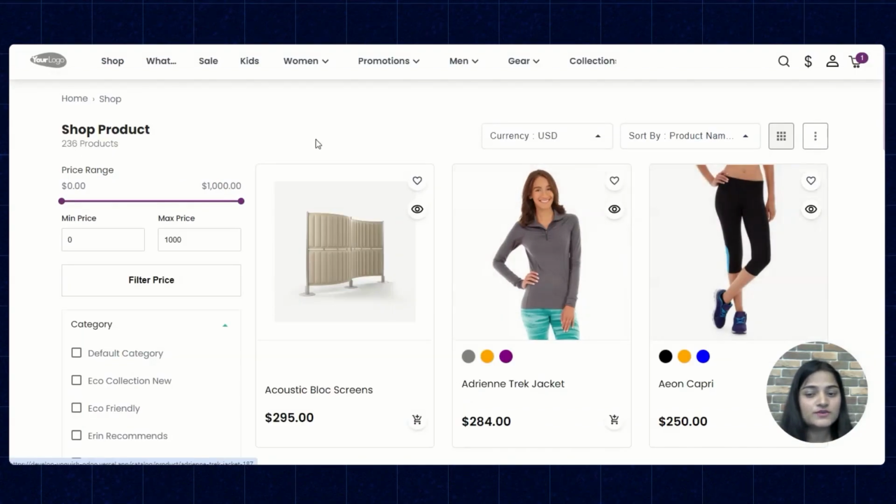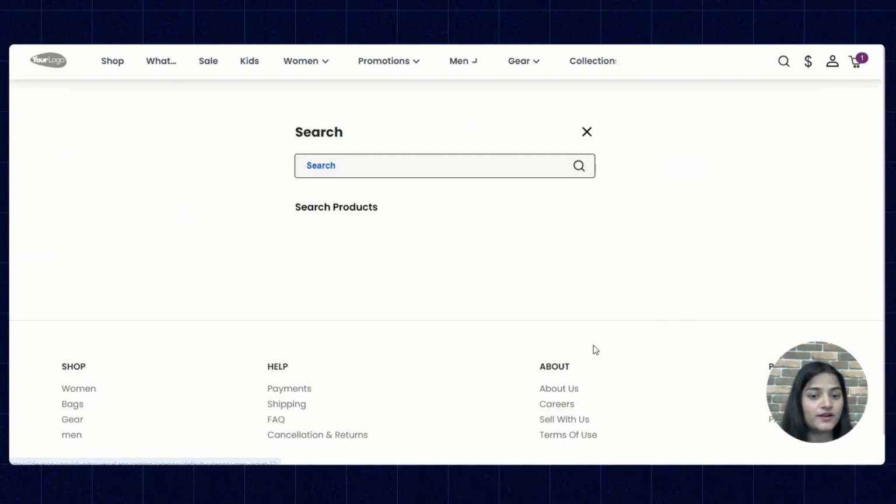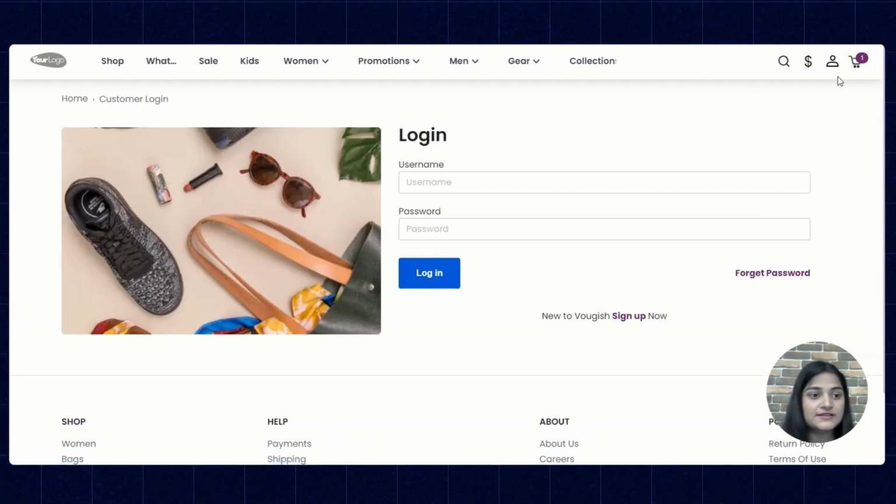Now let's check how you can purchase a product from your front end. So we'll navigate towards the front end. Here you can see we are on the front end page, and we'll give you an overview. Here is the mega menu. You can choose any of the category you want to purchase. Then from there you can select your product. If you want to change the currency, you can click on this currency option, and you can choose the currency accordingly. From there you can manage your profile, like if you want to log in, you can log in, or if you want to manage it, you can manage.